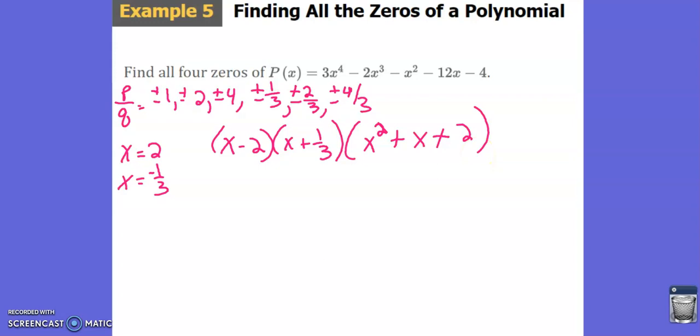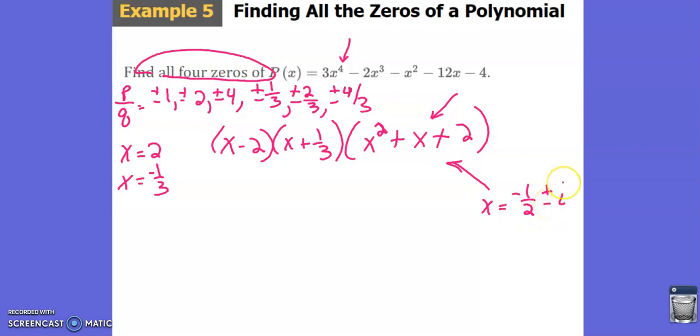And then again, what we're trying to find, it says find all 4 zeros. Again, it's 4th power, so it has 4 zeros. So this does not factor. This thing does not factor. So we're going to have to use the quadratic formula. And once you use the quadratic formula for this, you're going to end up getting the other 2 zeros, which is negative 1/2 plus or minus